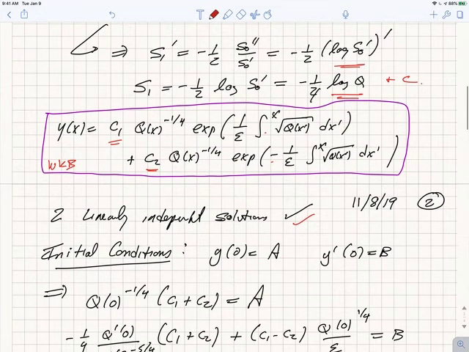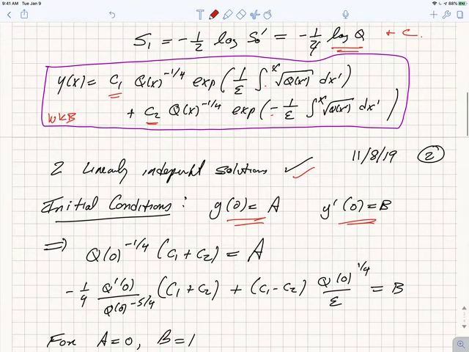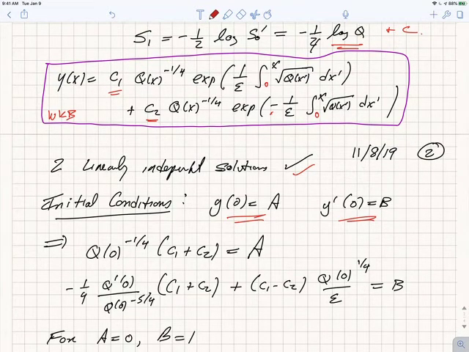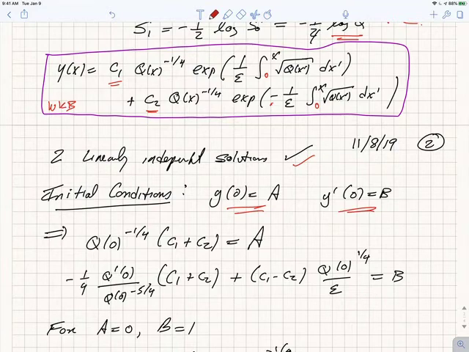We can now apply, for example, initial conditions. So suppose y of 0 is a and y prime of 0 is b. Then just plugging in, if I choose my lower range of integration to go from 0 up to x by adjusting c1 and c2, then I get this equation for a, q of 0 to the minus a quarter c1